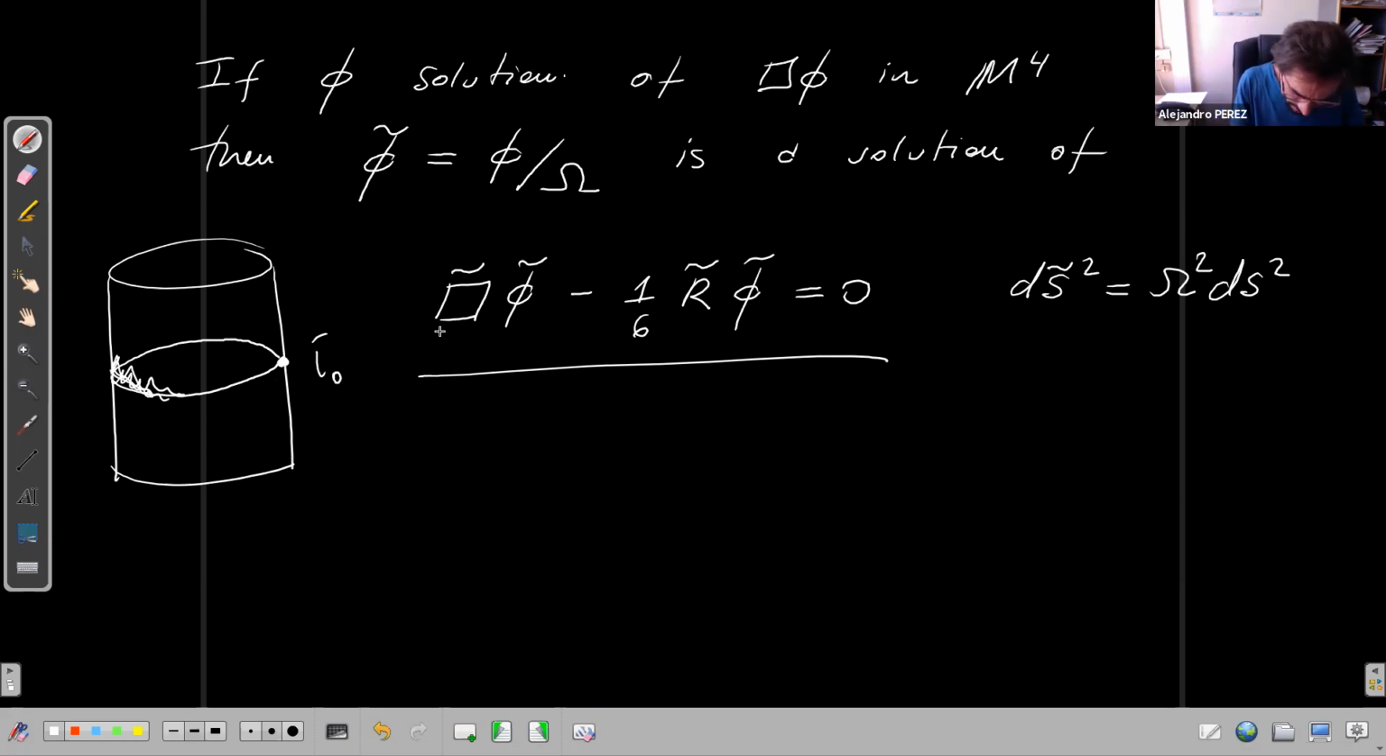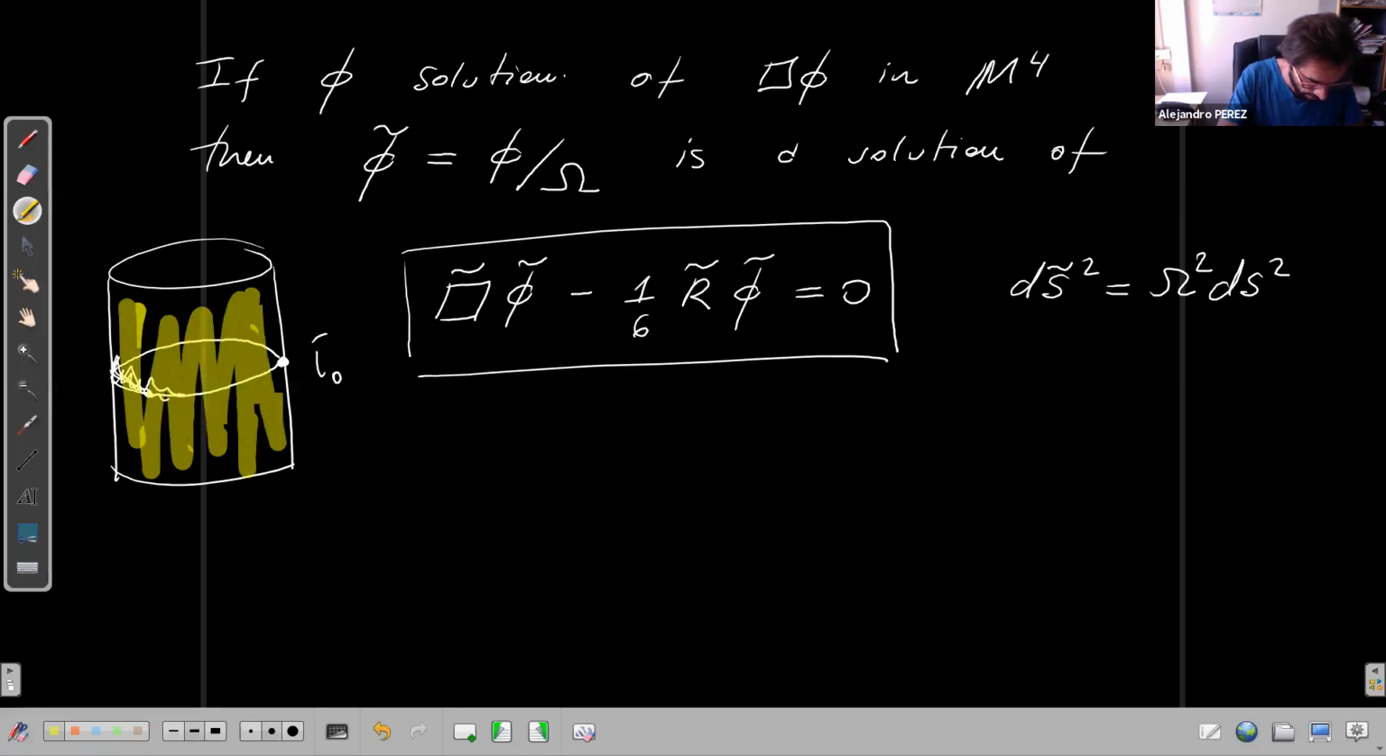But once you have that, there are theorems that grant that there will be a unique solution of this equation, and that this solution will be regular all over the Einstein universe. Sorry, I said Minkowski spacetime, I meant all over the Einstein universe. Phi tilde is regular, and from there you get the result of the proposition, because now you can write